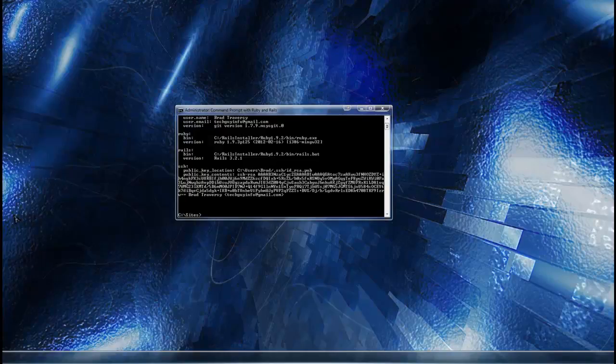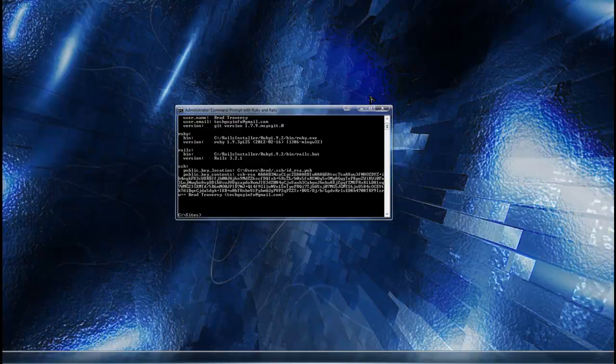Hey guys, in this section we're going to be creating, or generating, a new Ruby on Rails application framework. As I said in the previous tutorial, Ruby on Rails gives you the entire structure of folders. So what we need to do is open the command line. I'm in Windows, and if you saw the last tutorial, the installation